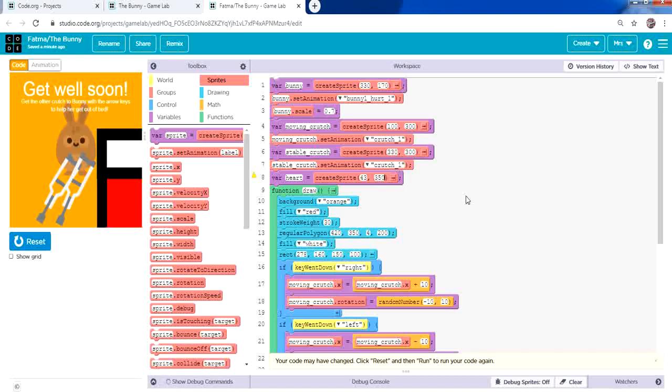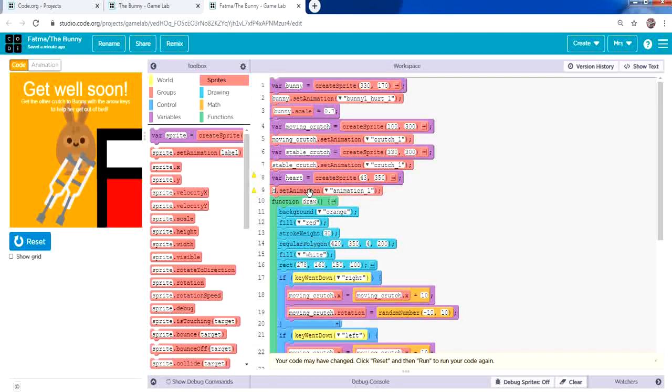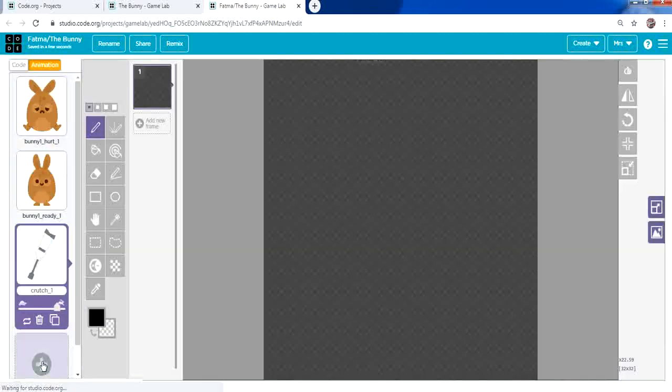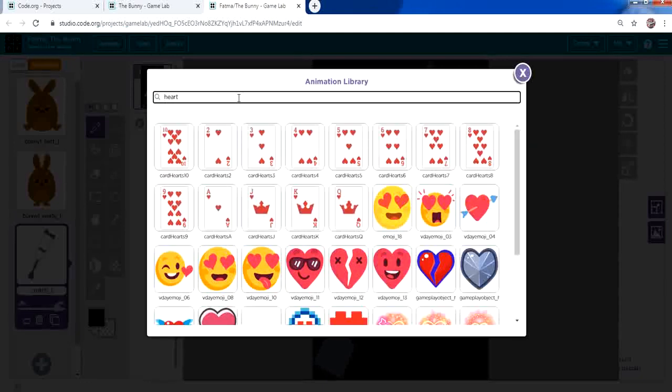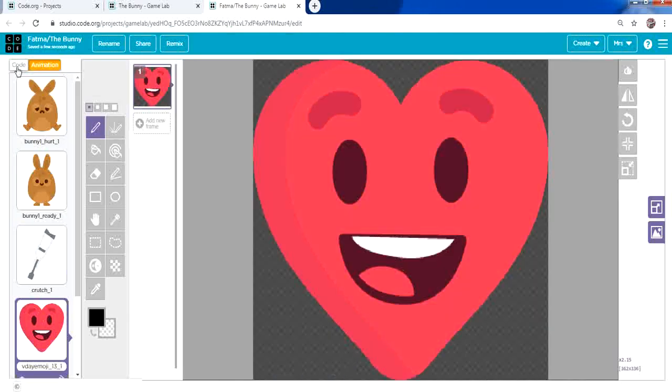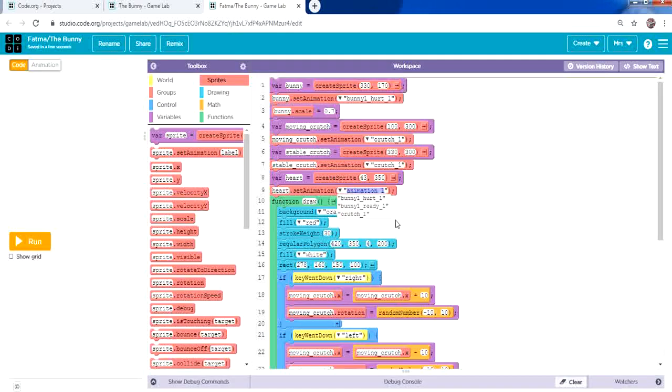Okay, set your sprite, heart, and from here we didn't add it, so animation, add your heart. Okay, it will be this one, code. Okay, heart. Again, from here,